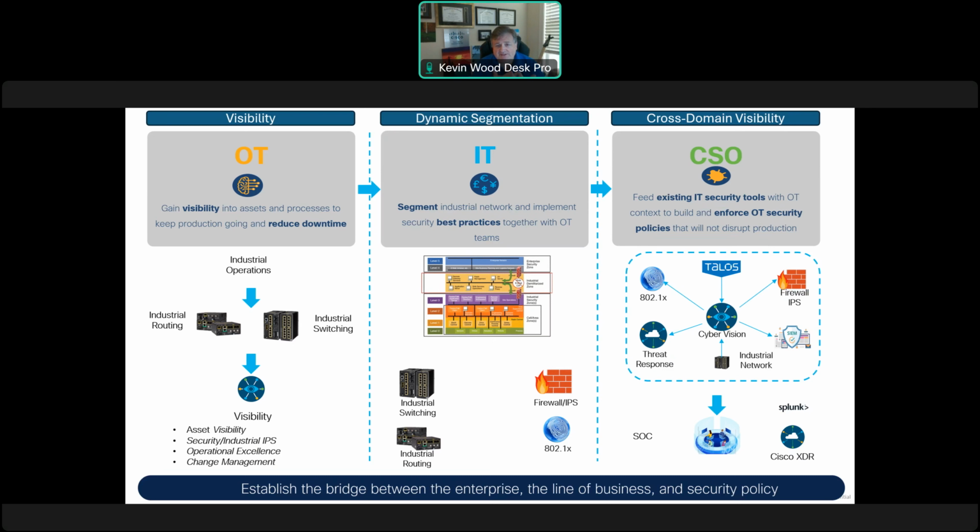And what we're trying to really do here is build bridges between the enterprise side, the OT or line of business, and the security policy and governance sides of the business. We want to make sure that we bring this together, that we understand what each other is caring about and trying to accomplish. Now, this was another key point that I thought was worth making,